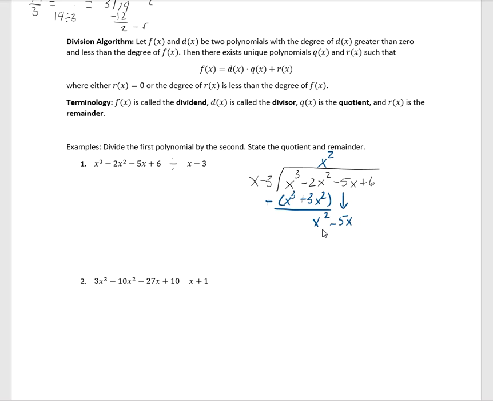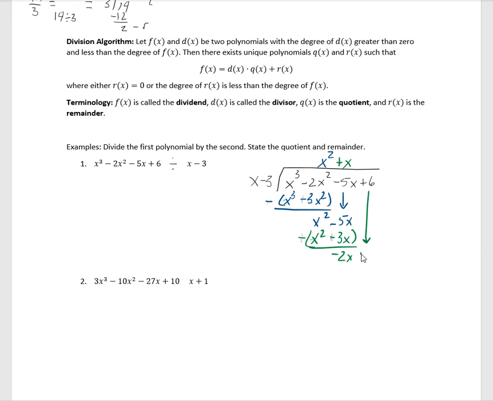What do I multiply x by to get x squared? I multiply it by a positive x. Positive x times x is x squared. Positive x times a minus 3 is a minus 3x. We subtract it. As we subtract x squared minus x squared, nothing happens, right? They cancel out. But if we have a minus 5x minus a negative minus 3x, a minus 5 and a positive 3 gives us a negative 2x. And we'll bring